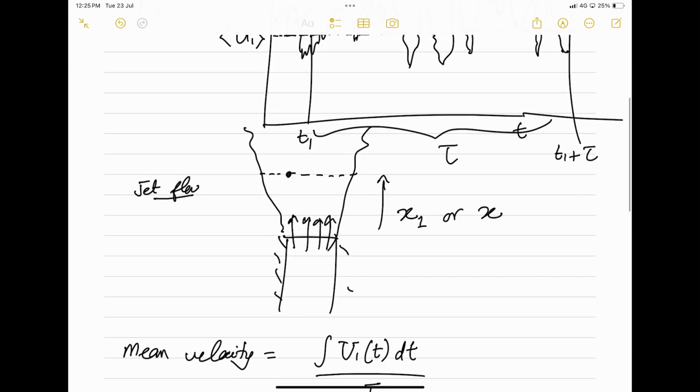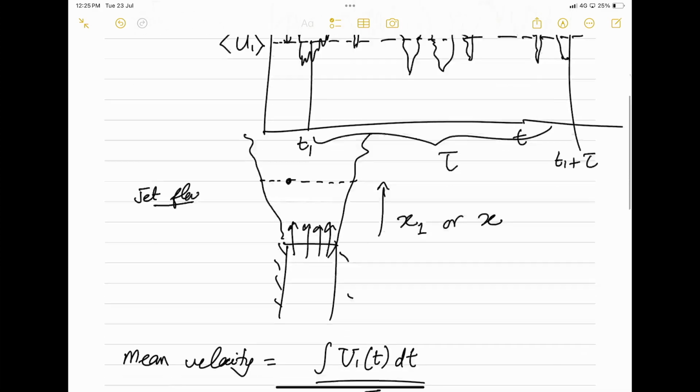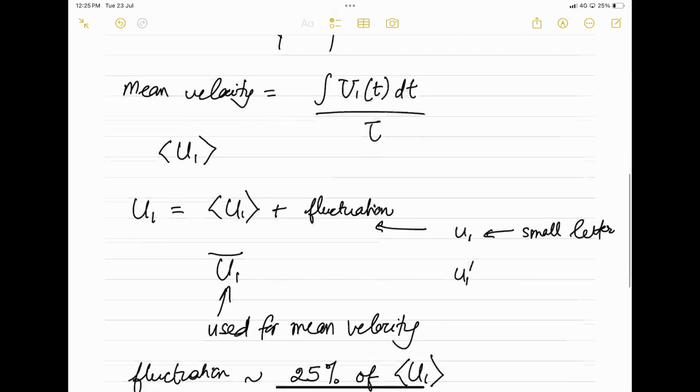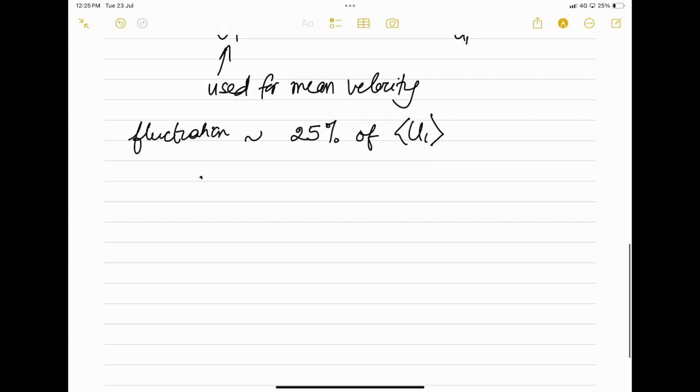But if I look at the mean velocity across x2, so let's say this is x1, x2 is the cross direction. There will be an x3 direction which will be perpendicular to the board. So I look at the mean velocity across x2, and what we find is, if I plot,